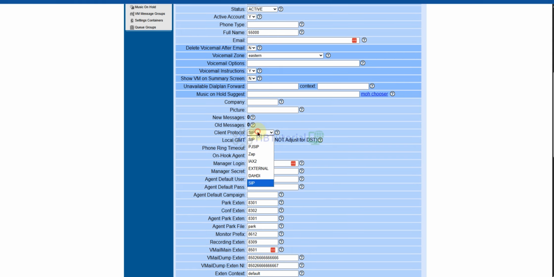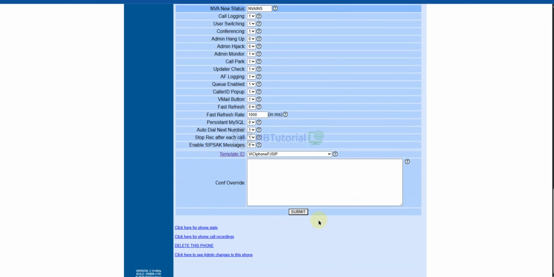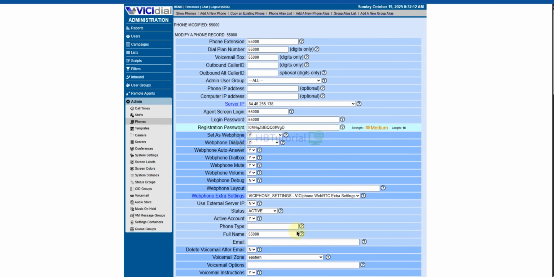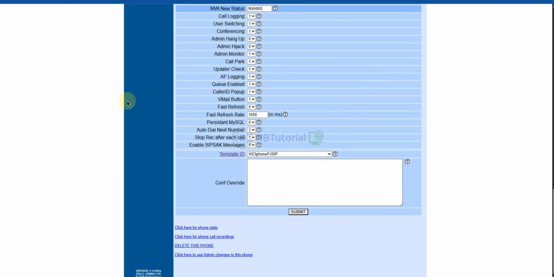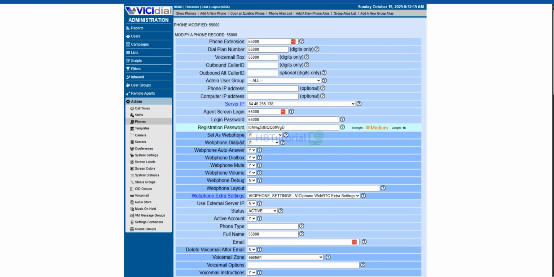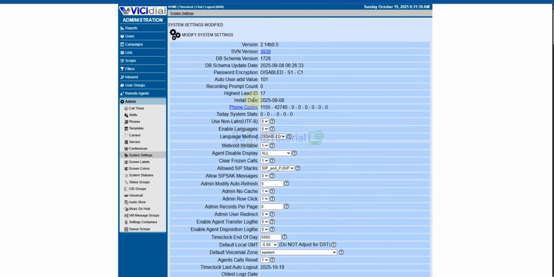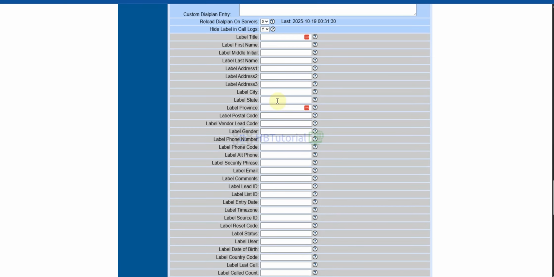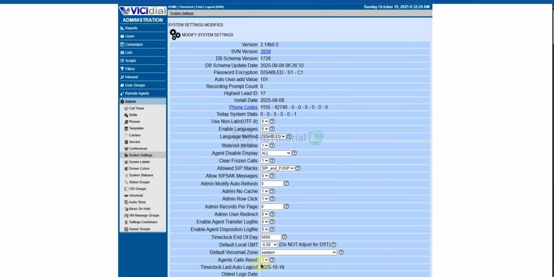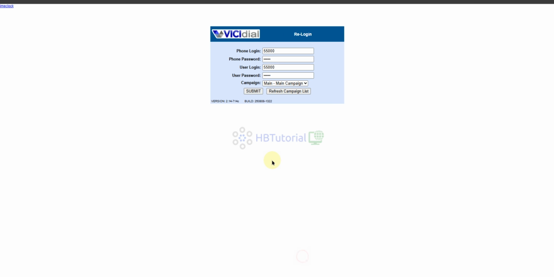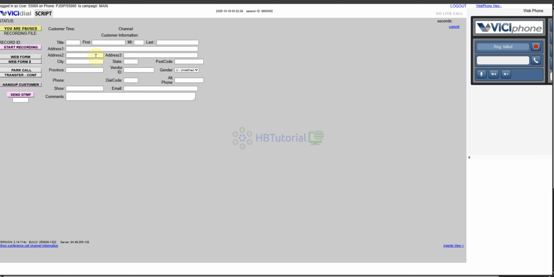I missed PJSIP over here in this setup. PJSIP, on testing. So let's try. Force the reload again. Just put it in here and press enter to refresh. Let me log in again.